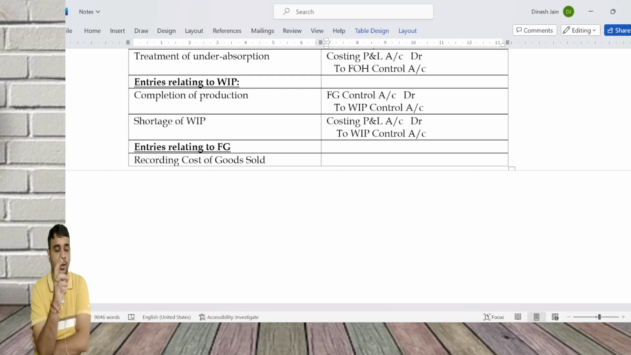Let's say you have sold units worth 80,000 for rupees 1 lakh. 1 lakh will be the sales entry, which is separate. This 80,000 will have to be subtracted from the FG value. Only 80,000 has to be subtracted, not 1 lakh. You have sold goods worth 80,000 for 1 lakh rupees. 1 lakh is a sales entry which is separate. 80,000 alone has to be subtracted from